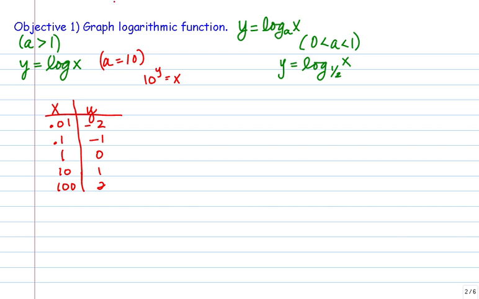So now if we wanted to graph this, let's look at the properties that this graph possesses. So we have 0.01, -2. That's going to be kind of hard to graph. 0.1, -1, 1, 0, and then 10, 1. That's beyond the scope of my graph. We'll just put it over here. Okay, so now if we graph this by connecting these points,